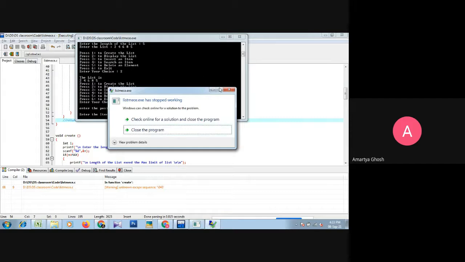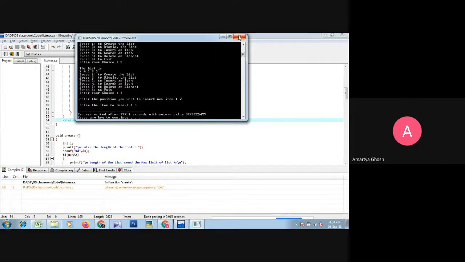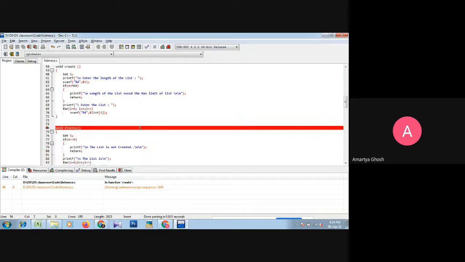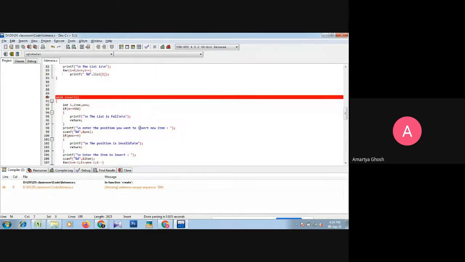Okay, there is an error. I check the delete operation and insert operation.